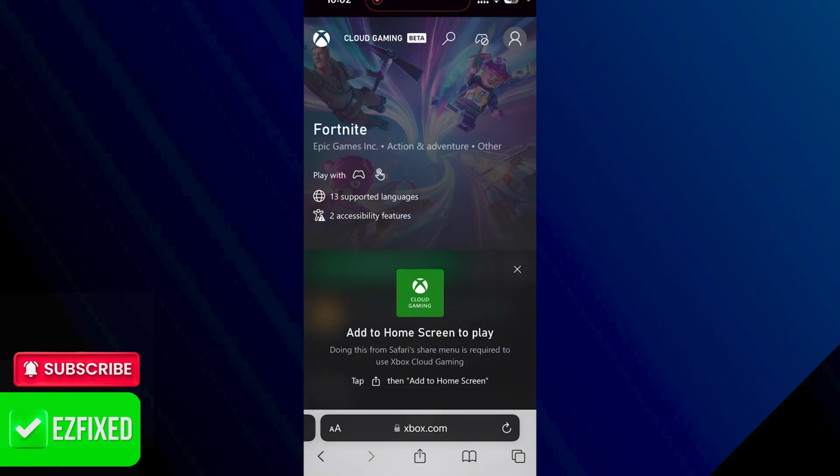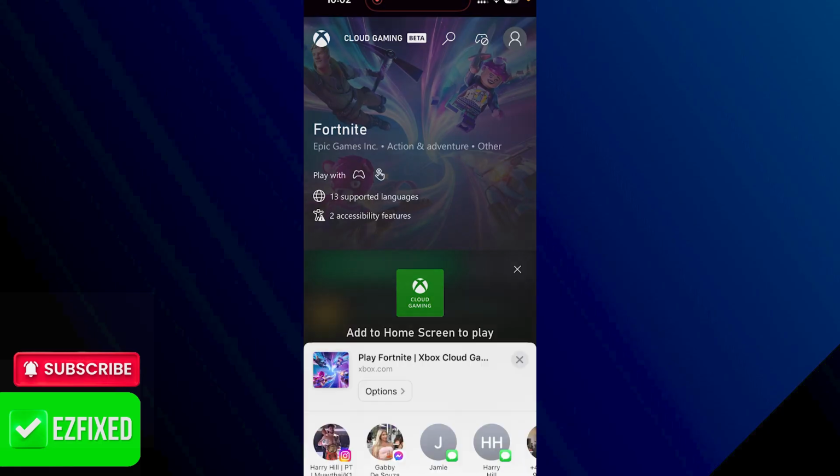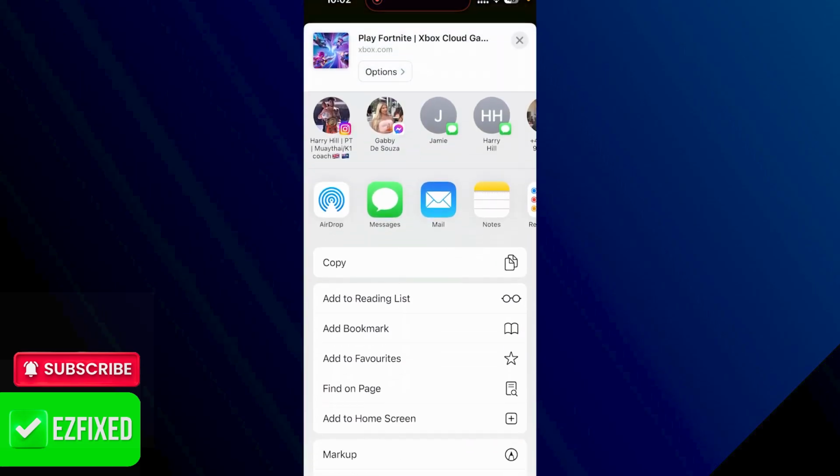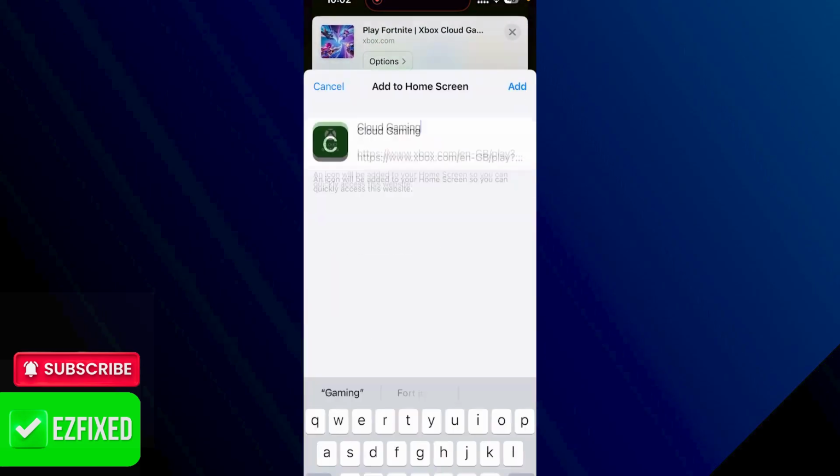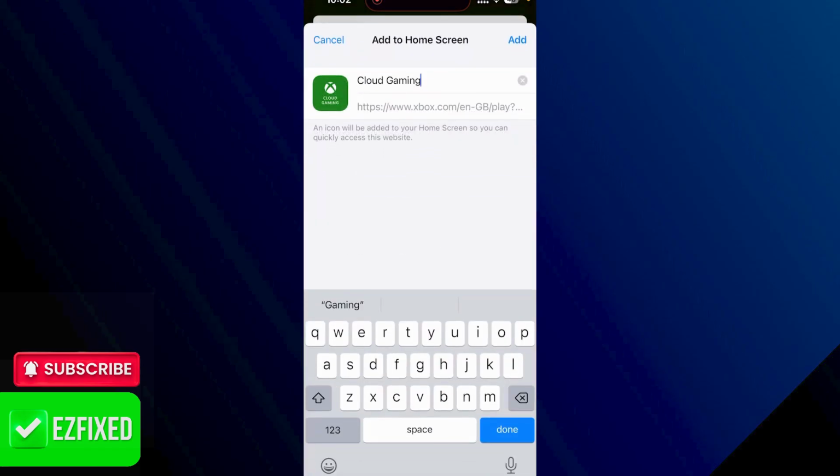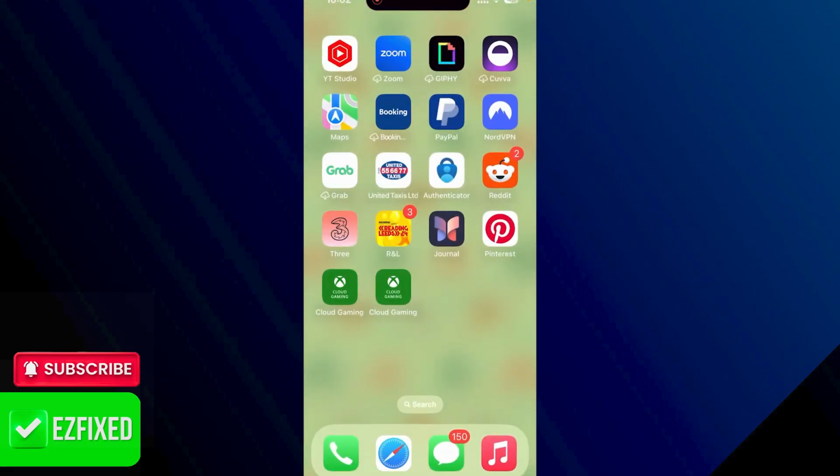basically telling us that we need to add cloud gaming to our home screen in order to play. So to do this, we just need to tap on the share button at the bottom down here. Scroll down to the bottom and select Add to Home Screen. This is going to add the cloud gaming app to our home menu, so go ahead and press Add in